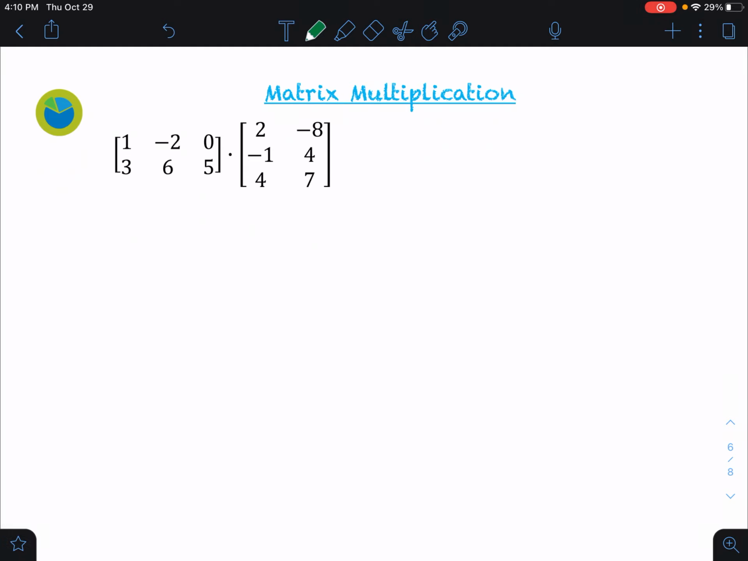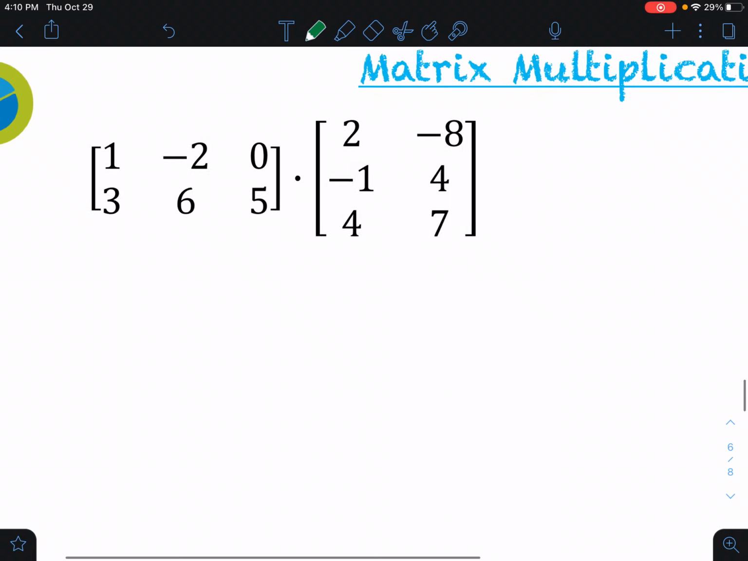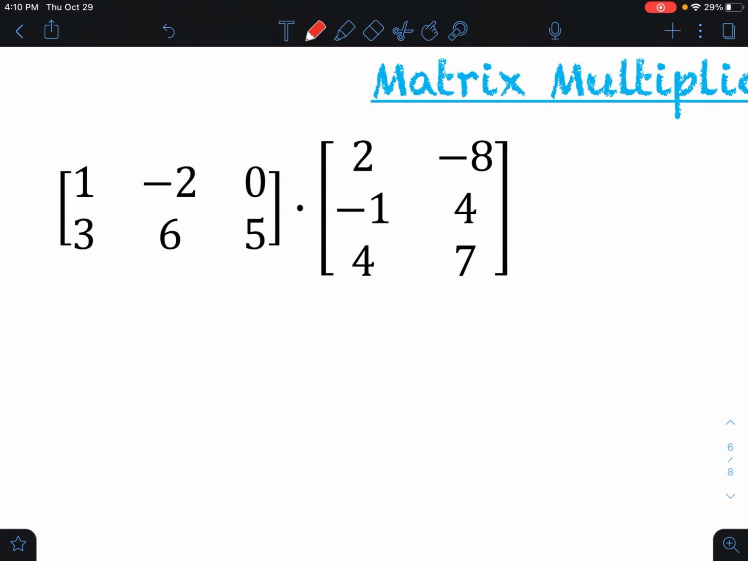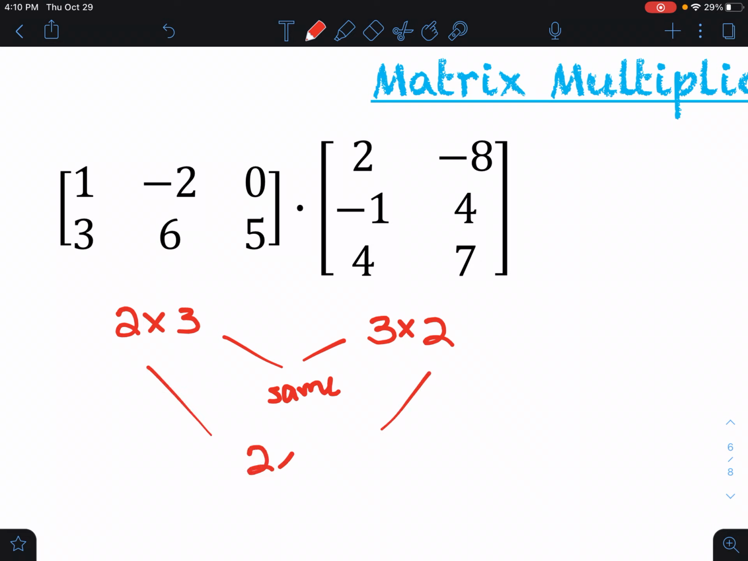So first thing we're going to do, though, is zoom in on this and write out our dimensions. So this one is a 2 by 3 matrix, and this one is a 3 by 2 matrix. The inner dimensions are the same, so we're okay. That works out. And then my answer is going to be a 2 by 2 matrix. Okay, so